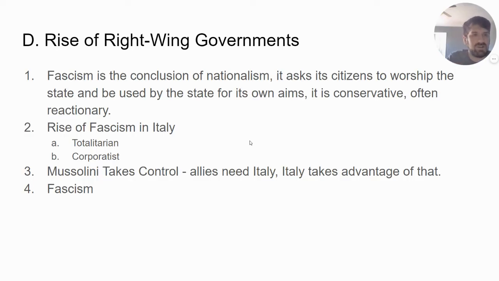Poland could not have held up to Germany even in a one-on-one fight, let alone with the Soviet Union invading it from the east. So Italian fascism is led by a man named Benito Mussolini, and there are two terms I want you to be familiar with, terms I defined in the early parts of the presentation. First, totalitarianism, which is something I just referenced with Stalin as well. That's a connection between Stalin and Mussolini, that the state uses its power to exert total control over the lives of its citizens. Okay.